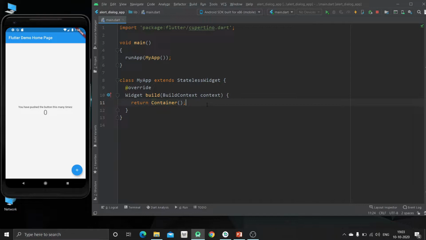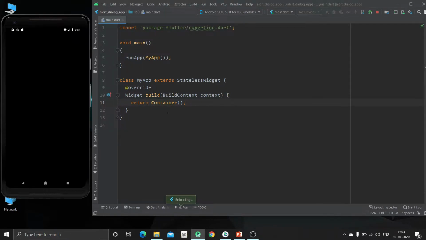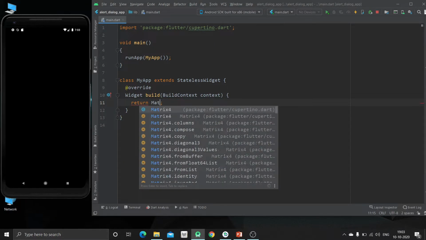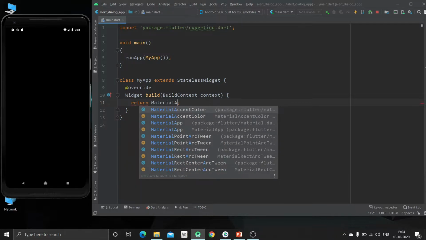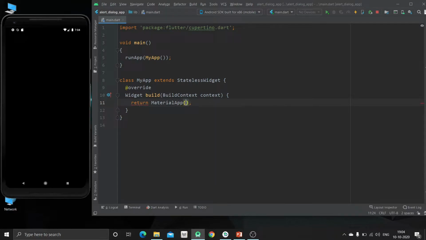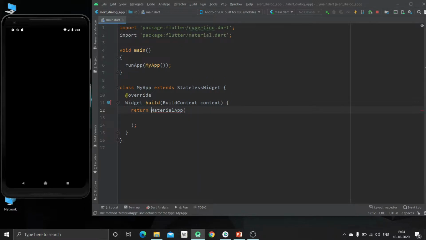Now just hit Ctrl and S, and you will see a black screen, which is this container. Now we are going to create the MaterialApp widget. For this we have to import the material design library.